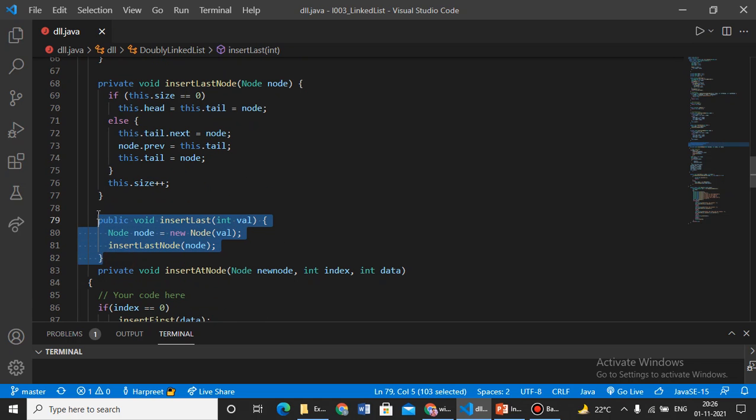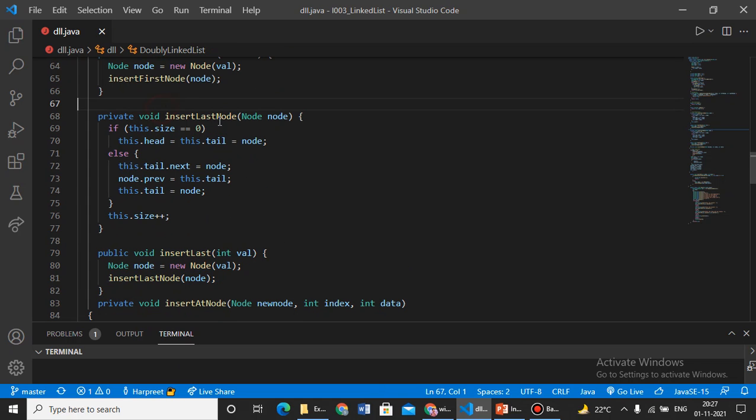Similarly, for insertion at last, I am calling the insert last node function. Basically, if the size is 0, then you should consider that case only, like head and tail should point to the node. Otherwise, what I need to do is,